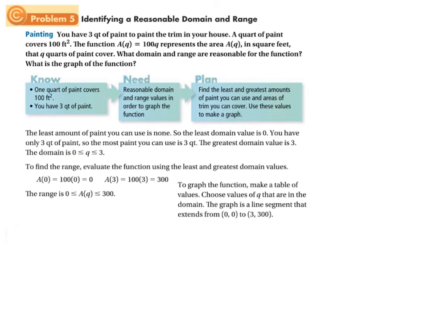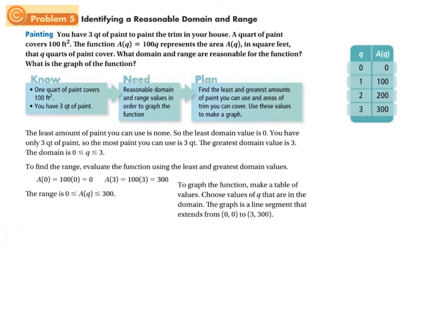Okay, so to find the range, we evaluate the function using the least and greatest values. If you used 0, you would paint 0 square feet, and if you used all 3 quarts, you would paint 300 square feet of the wall. So the range is A of q is greater than or equal to 0 and less than or equal to 300. So to graph it, we need to make a table of values